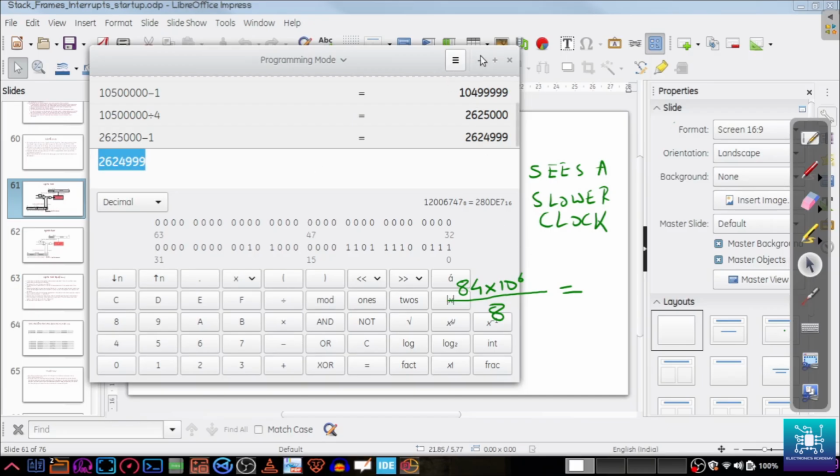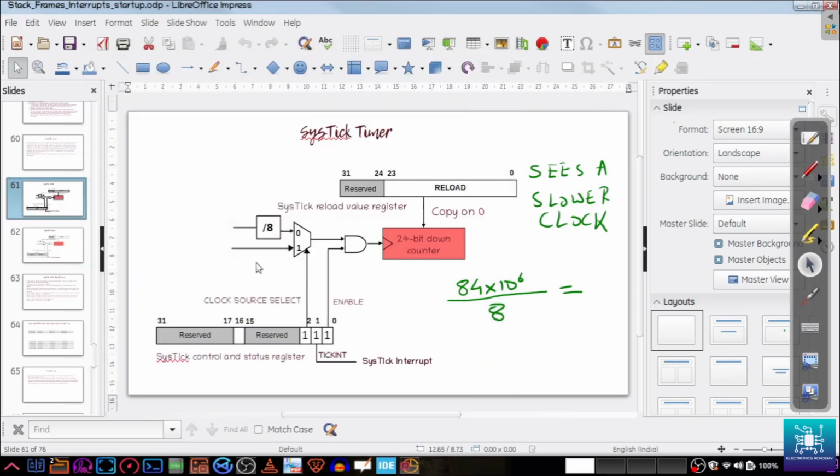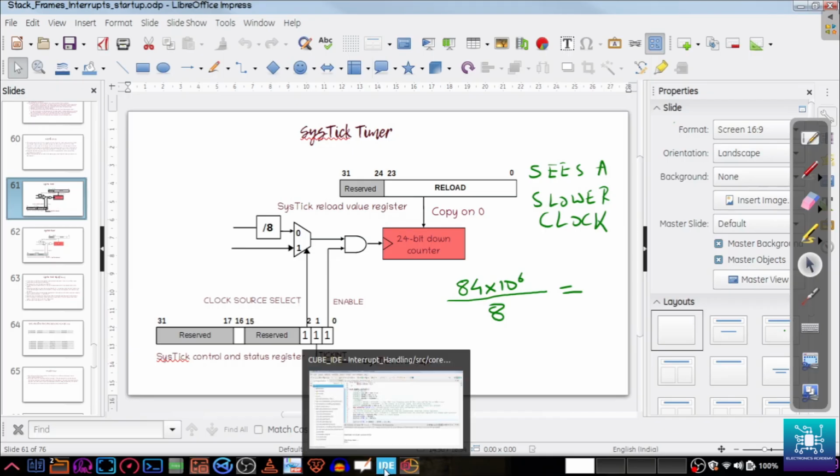So we needed to use the prescaler, that is we needed to use the divide by 8 block, because if we had used the system clock directly, we would not get the timeout as we desire. And for slower timeouts, we have to use the divide by 8 block. So we have to write the code to reflect this. So if we go into the code now,